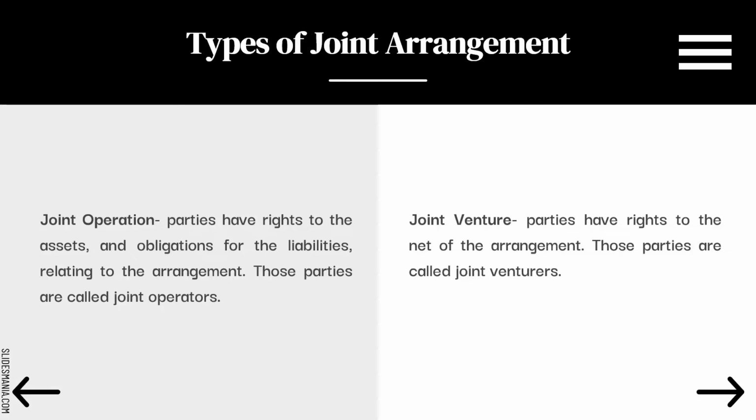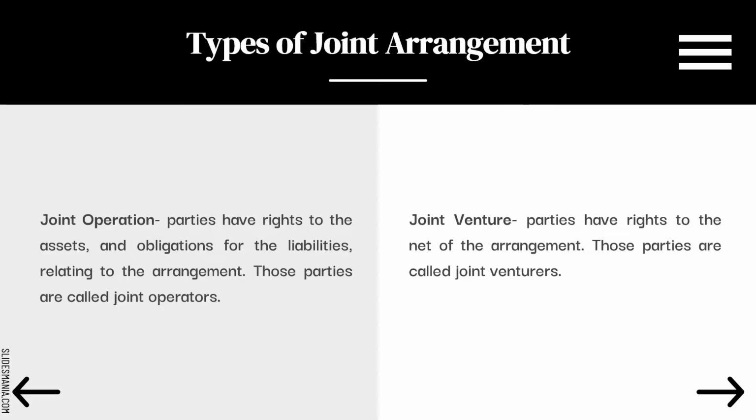So, pag may rights sa assets and obligations sa liability, ang tawag natin dyan is joint operation. Pero pag yung right mo naman is sa net assets, ito naman yung tinatawag nating joint venture. So in short, pag joint operation, na-identify mo kung ano-anong assets ang own mo. Yung asset na nasa left is kay joint operator letter A. Yung assets na nasa right is kay joint operator letter B. Or yung utang mo kay creditor A, is it the liability of one of the joint operators.